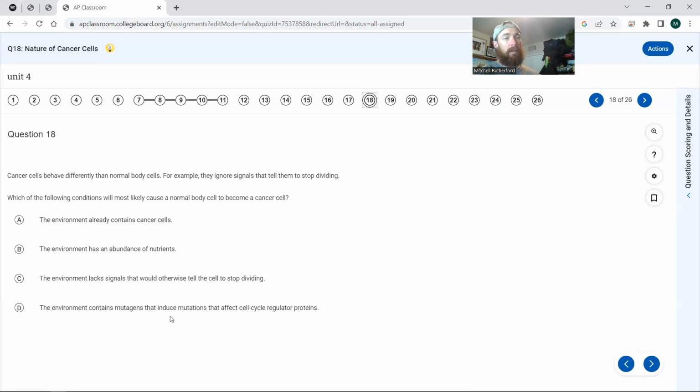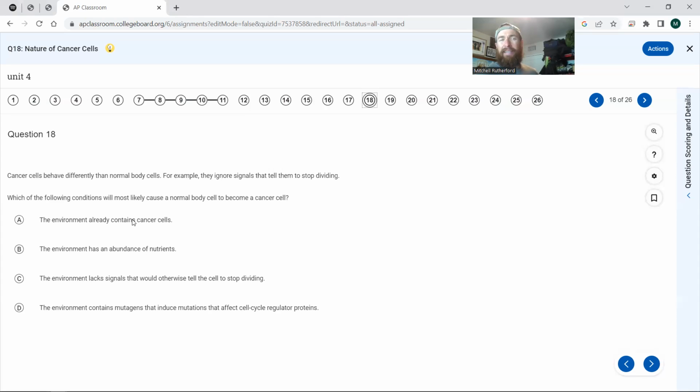Sounds pretty nice. Okay, the environment contains mutagens that induce mutations that affect cell cycle regulation. That also sounds pretty nice. Okay, I'm going to go back to the question here. If I'm going fast, I like C. It just seems pretty nice as far as cancer. They ignore signals. Which of the following conditions would most likely cause a normal body cell to become a cancer cell? I do like C,